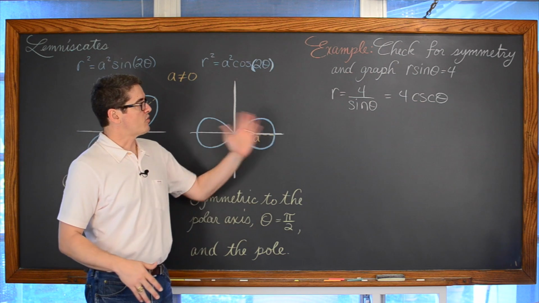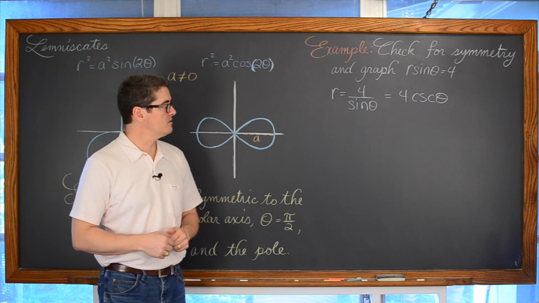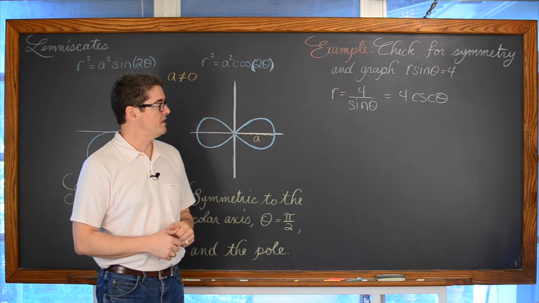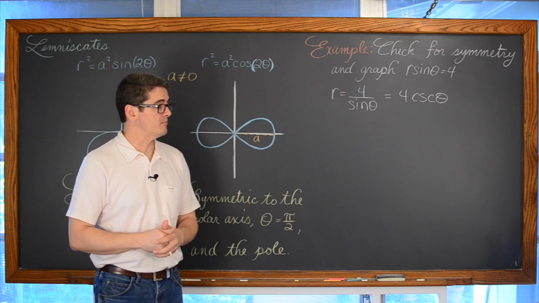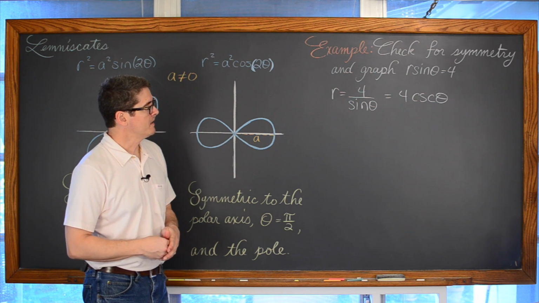theta. Now the process of this is going to be just like all the other 3 examples we've done in the lesson, where we check for symmetry, build up a table of values if needed, because there's no petals here, I can't just find the endpoints of the petals, and then finally plot the points on a polar grid.